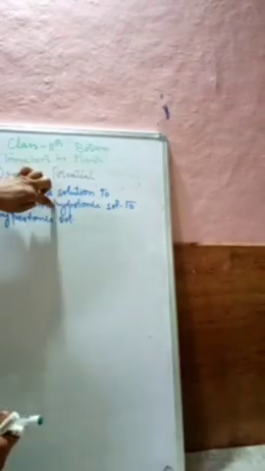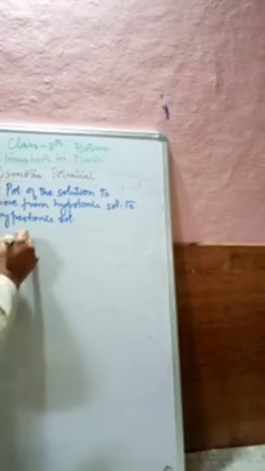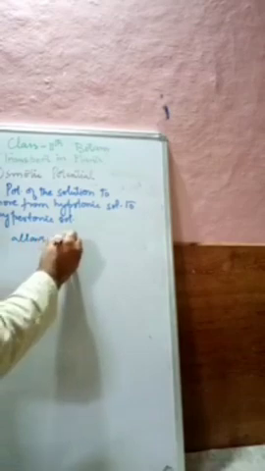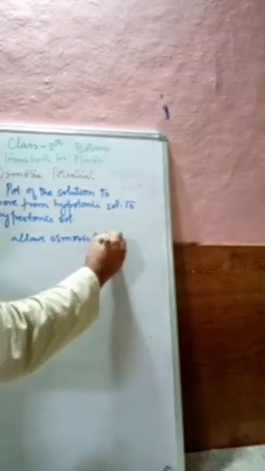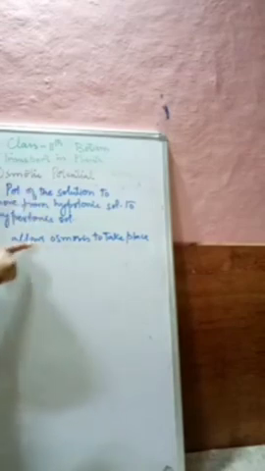अब इसमें हम क्या देखते हैं, हाइपोटोनिक सोल्यूशन में सॉल्वेंट की मिकदार ज्यादा होती है और हाइपरटोनिक सोल्यूशन में सॉल्वेंट की मिकदार कम होती है. So here again it is the potential of the solution to move from hypotonic solution to hypertonic solution. This osmotic pressure, it allows osmosis to take place. Osmotic pressure checks the process of osmosis, and this osmotic potential allows the osmosis to take place.